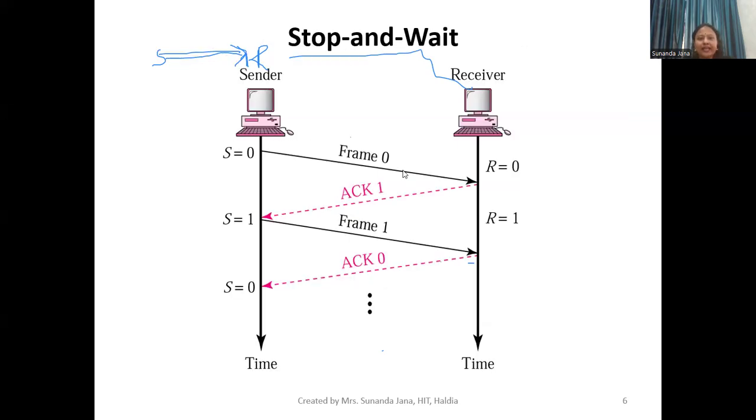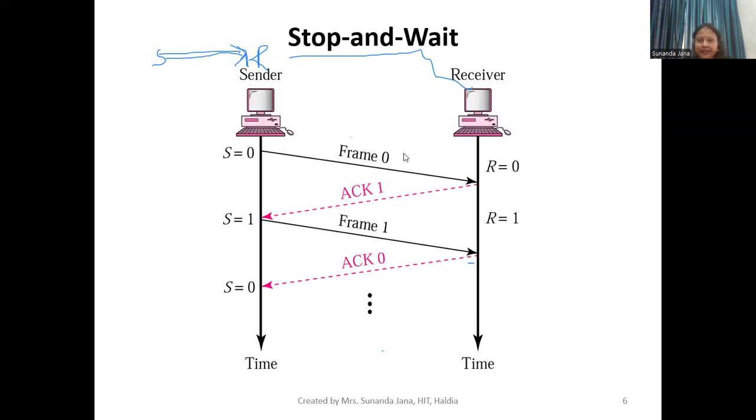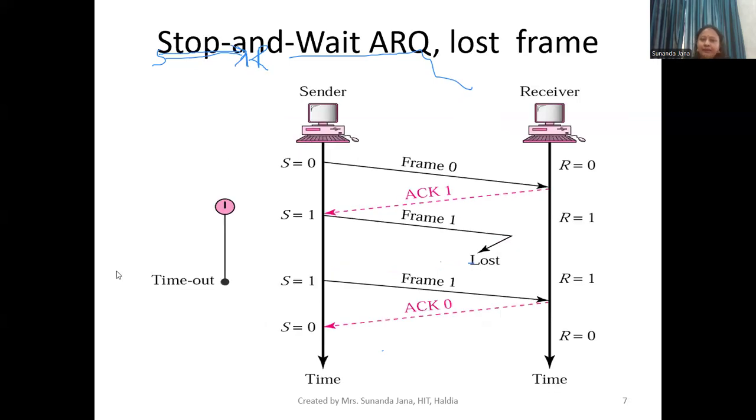Now we come to, as we are right now discussing the stop and wait ARQ, there are 4 situations we may face. One is normal operation, when there is no problem and smooth operation between sender and receiver is going on. The next situation that may occur is frame lost. As I have already told, during transmission, because of a transmission media problem or any kind of situation, frame